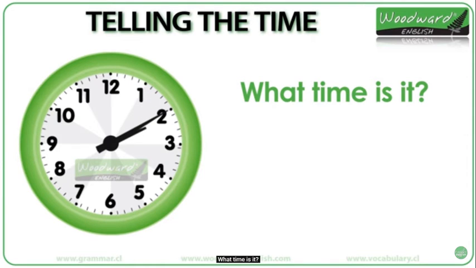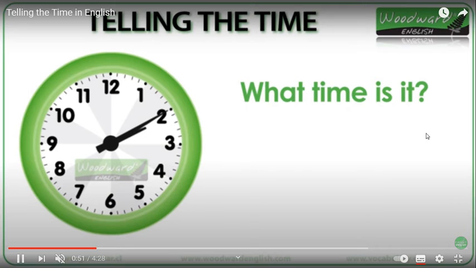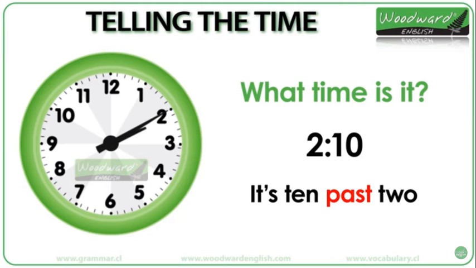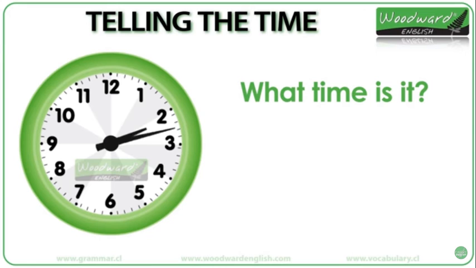Now 10 past. It is 10 past 2, because again you can count, start from here, don't include this one. After this dot, 1 2 3 4 5 6 7 8 9 10. So it is 2:10, it's 10 past 2. This is coming in the past tense. It means the time is finished, it will not come back.